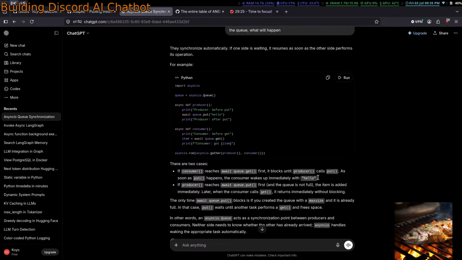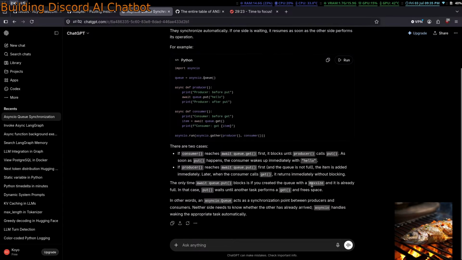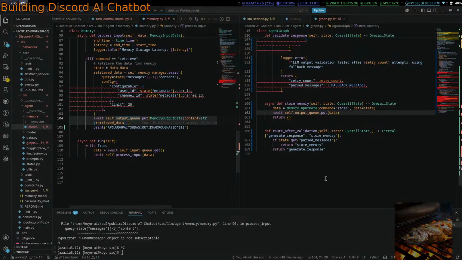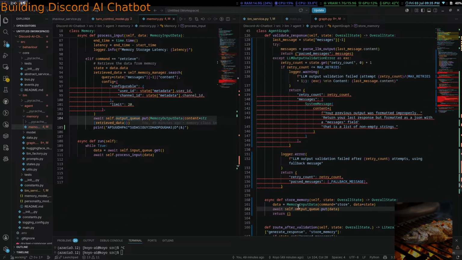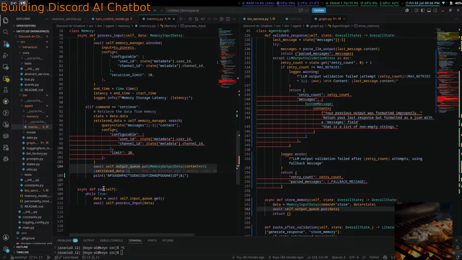Created a queue with max size and full. Oh, this hurts my head. Self.output_queue.put, memory output data.